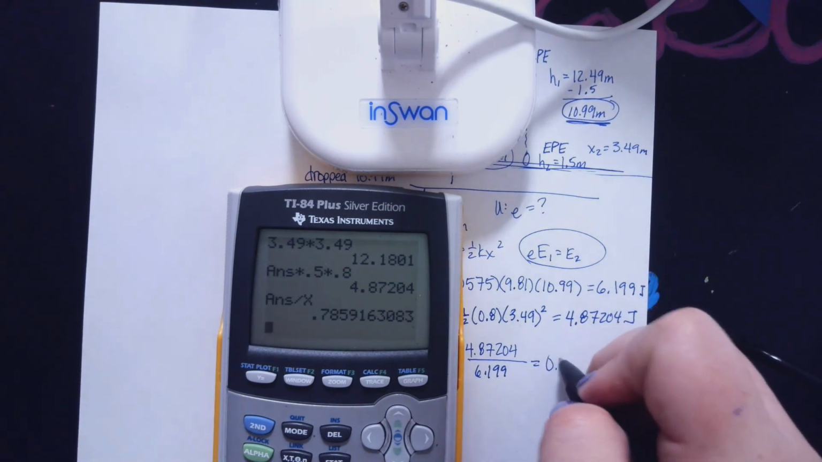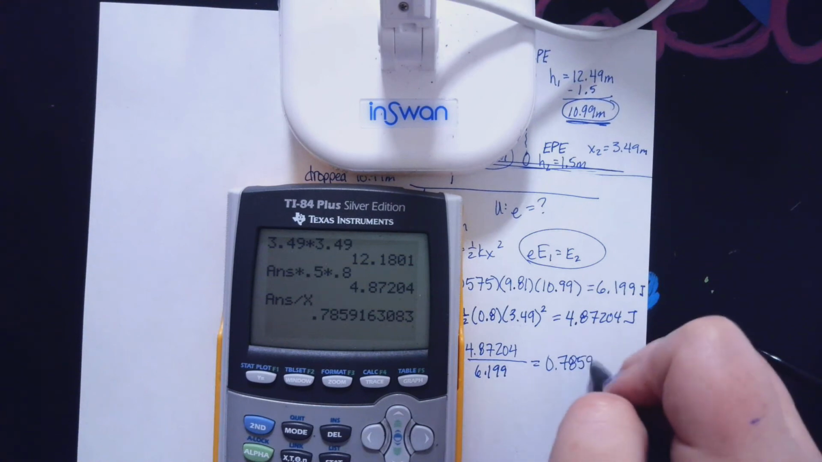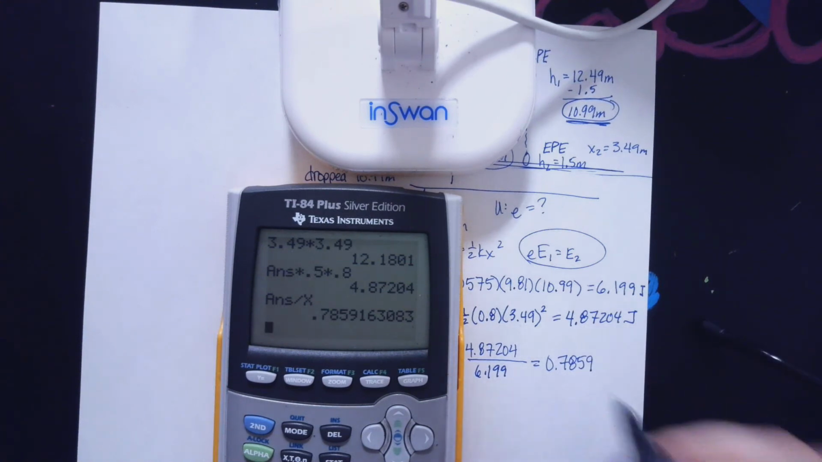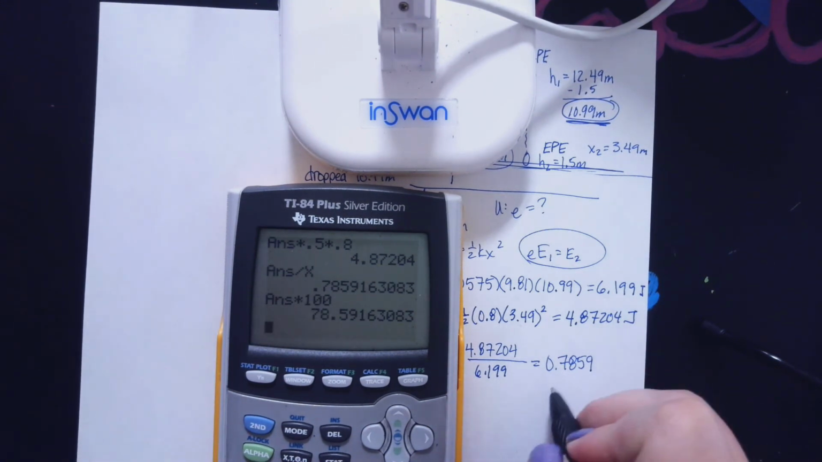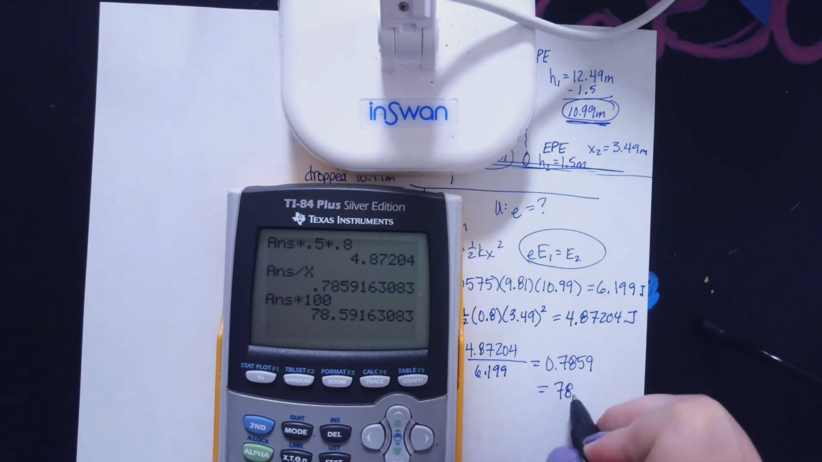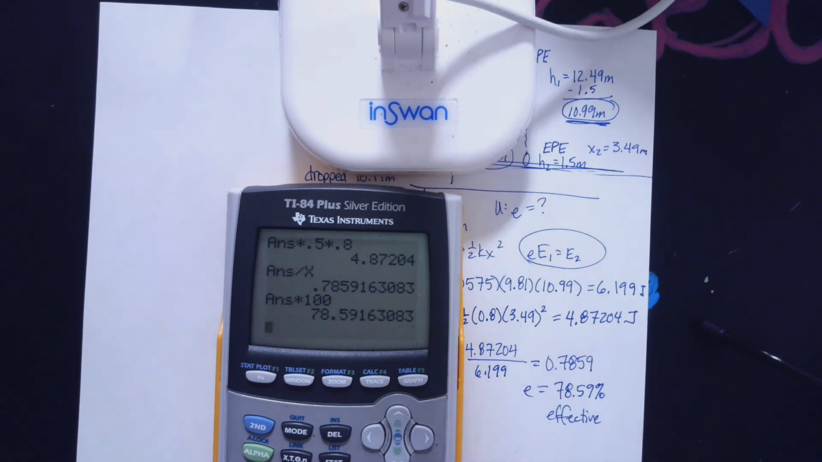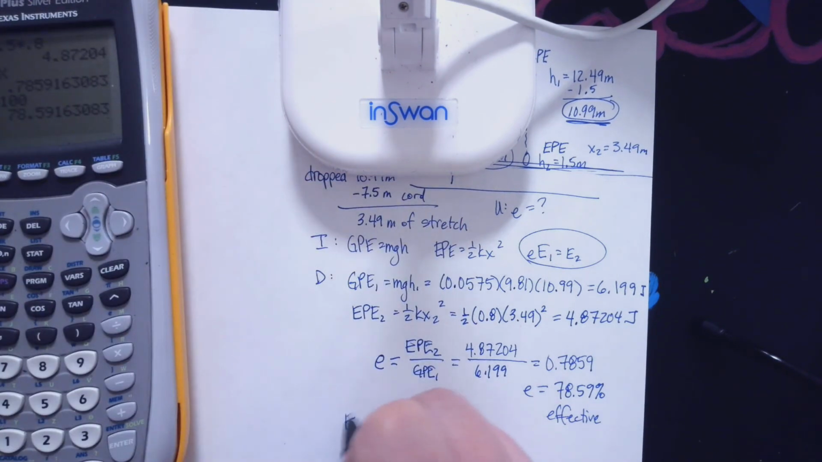So I get 0.7859. I'm just going to round it to there. Okay, so that's my efficiency. As a percentage, you just multiply it by 100, and that's your percentage. So it's 78.59% effective, which is pretty good. That means it only loses about 21.5% of its energy on the way down. Okay, this makes sense